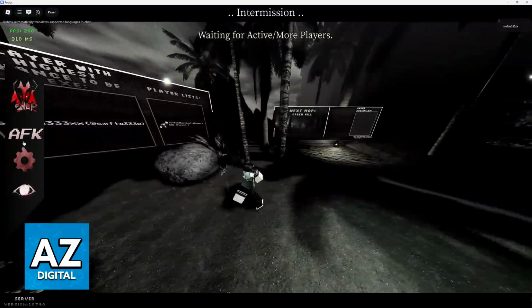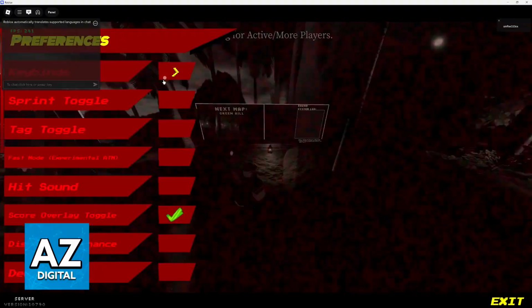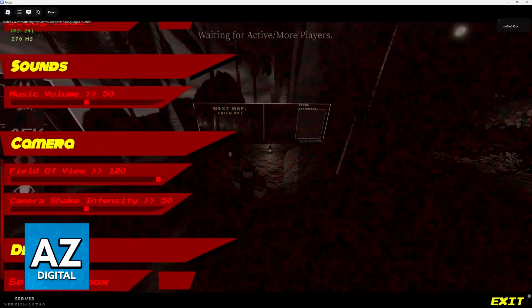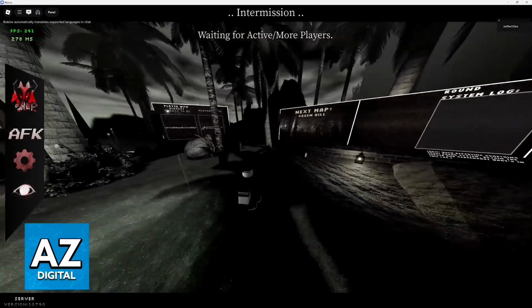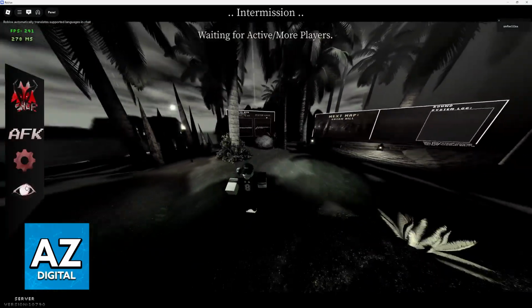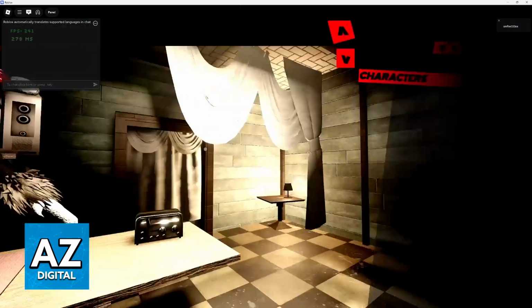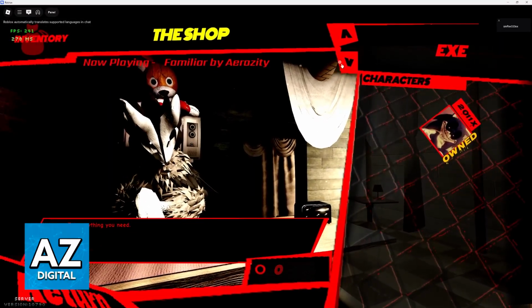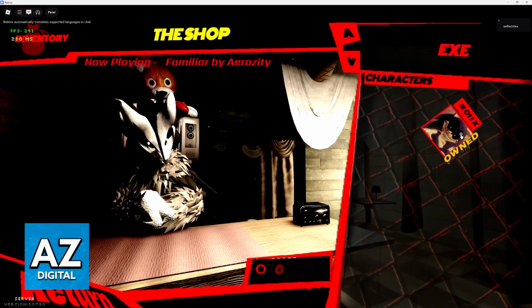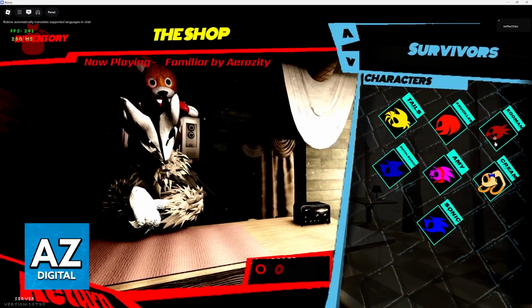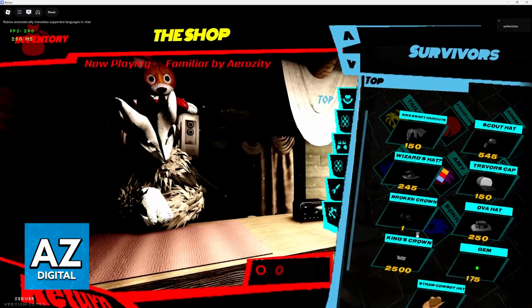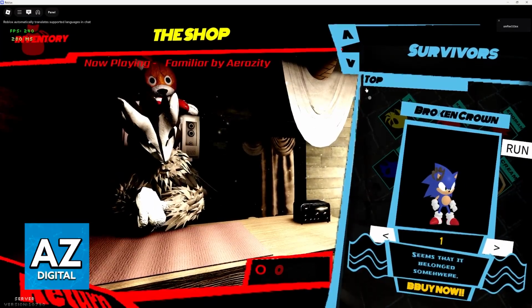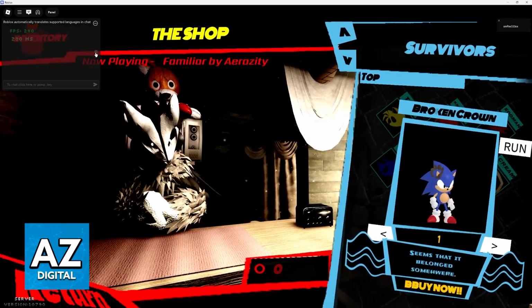At the left, you will have some options, so you will have these settings that you can change, a bunch of preferences. Again, it's all down to your personal preferences, so I'm not going to go too much into detail. You have the option to go AFK and change visibility, and then your inventory and the shop. You can purchase new characters from here, so you should own the default EXE. You will have the different survivors. You can click on them and buy these items here, and you can equip them right after.